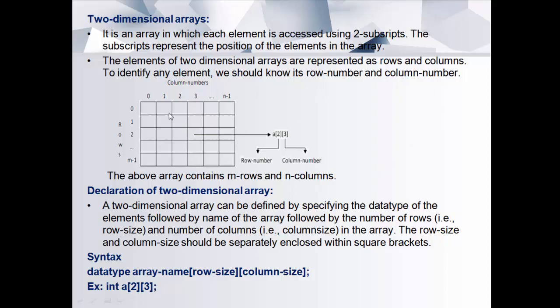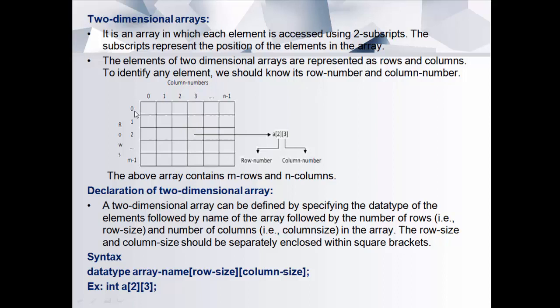So look at the example here. I am taking this chart, where these are the rows and these are the column numbers. 0 to m minus 1 is the row and 0 to n minus 1 is the column numbers. So it can be written as A of m into n, where m is the row and n is the column number. For example, A of 2 into 3 is 2 rows and 3